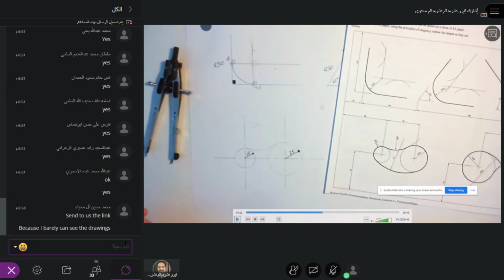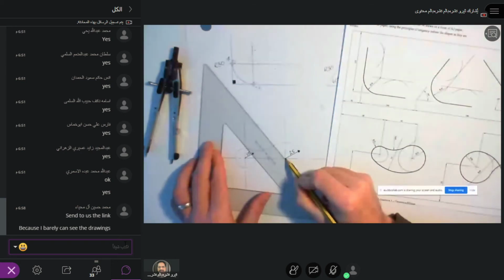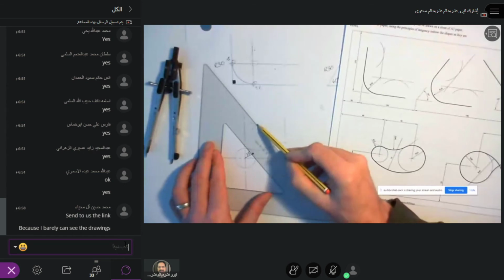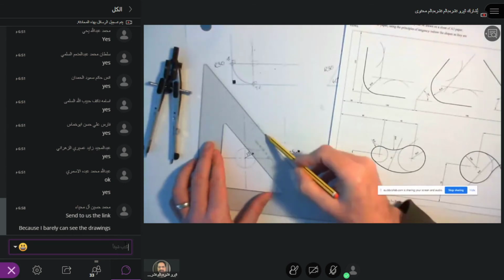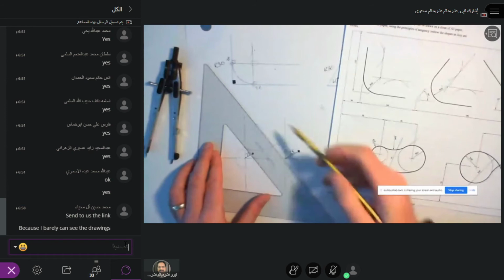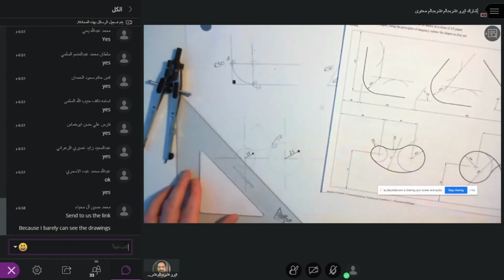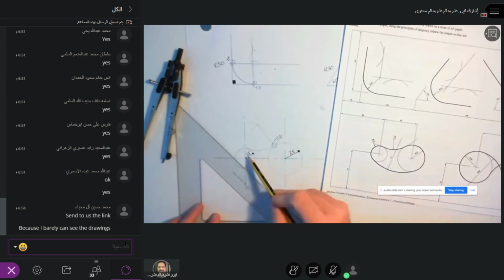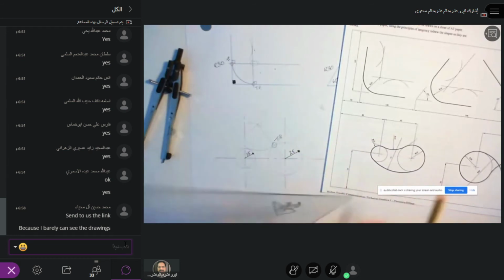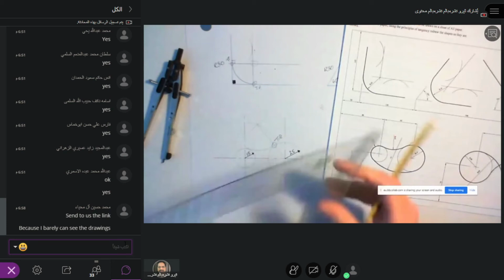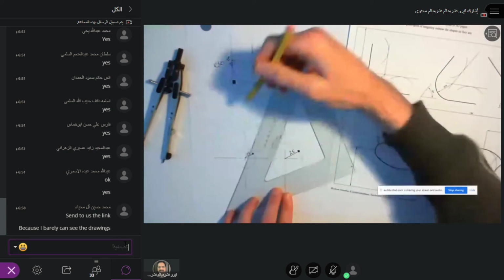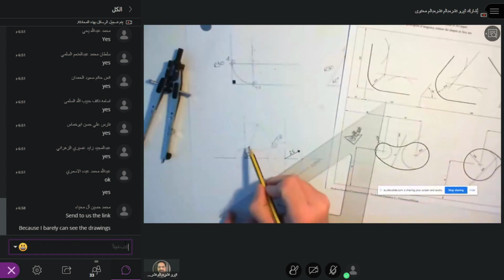It's very simple. Take a straight edge and line up that fixed centre and where I put my compass point. Draw a line between the two of them. That then gives me the tangent point, TP. I do the same going the other way. So I take my straight edge, I line up where I put my compass point, and I line up the centre of the fixed circle. Draw a line between them. That gives me TP.